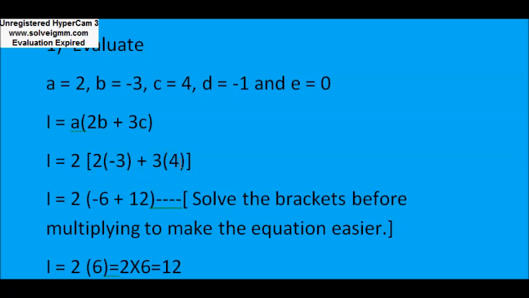Again, I'm writing this value inside the bracket. Now, in the next step, first of all, you have to simplify this bracket portion. So inside the bracket, we have 2 multiply minus 3, because this bracket means we have to multiply this positive number with this negative number. So 2 multiplied by minus 3 will become minus 6, and plus as it is, and 3 4s are 12.